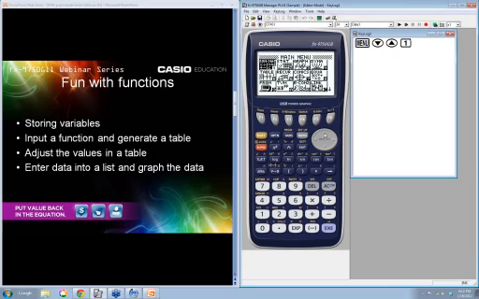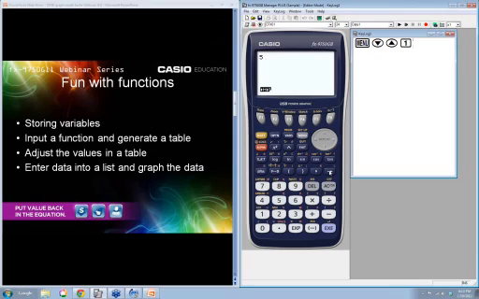So before we're going to graph, though, I want to show you how to store a variable. To store a variable, you just go into the Run Matrix menu. Again, you can press 1 here, or you can make sure this is highlighted and just hit execute. And if all that stuff is bothering me, I can just clear it out. I don't have to look at it. So to store a value, it's really easy. I'm going to press 5, and I'm going to press this. I call this the right arrow. I call these the replay buttons to differentiate between the two.